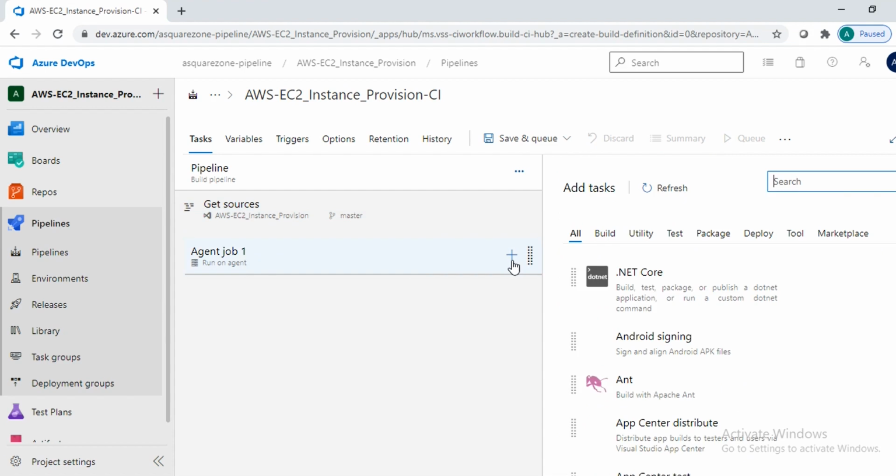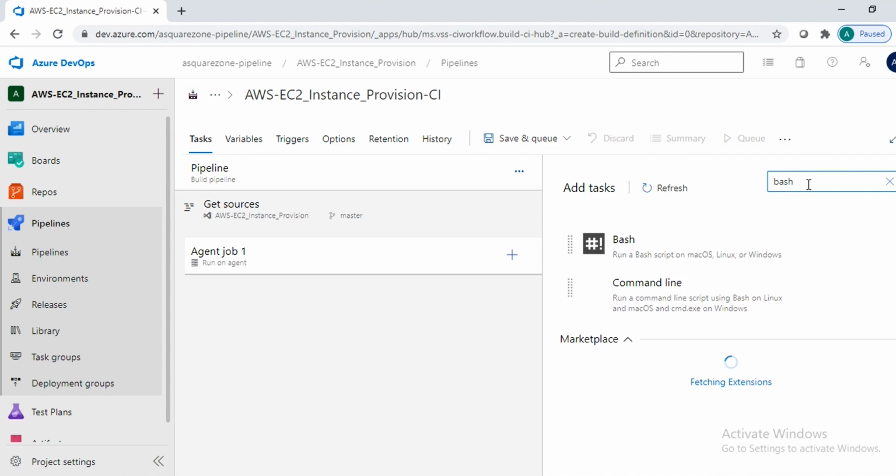it means on which server we are going to execute. So if you want to provision our AWS instance, we need pip in our server.